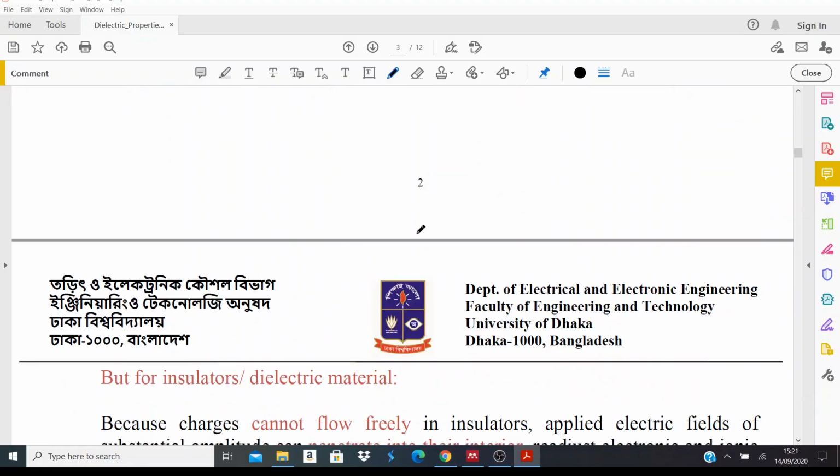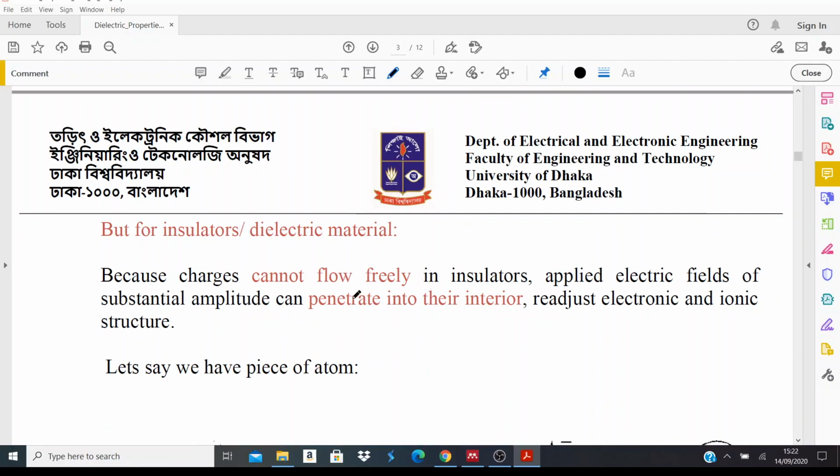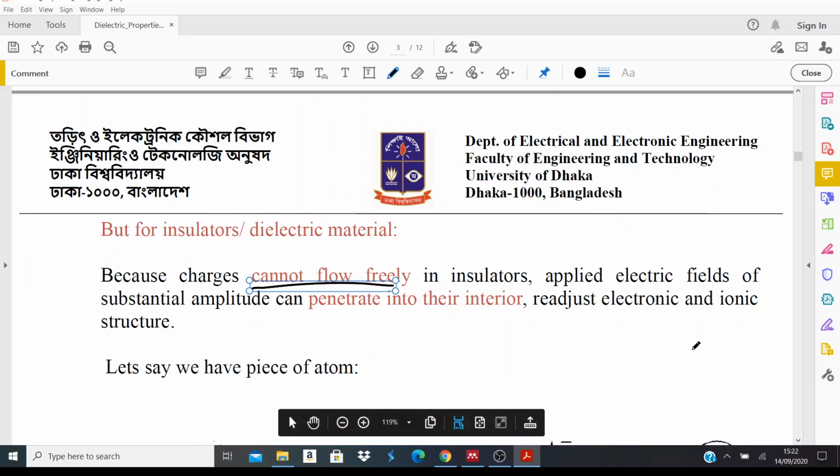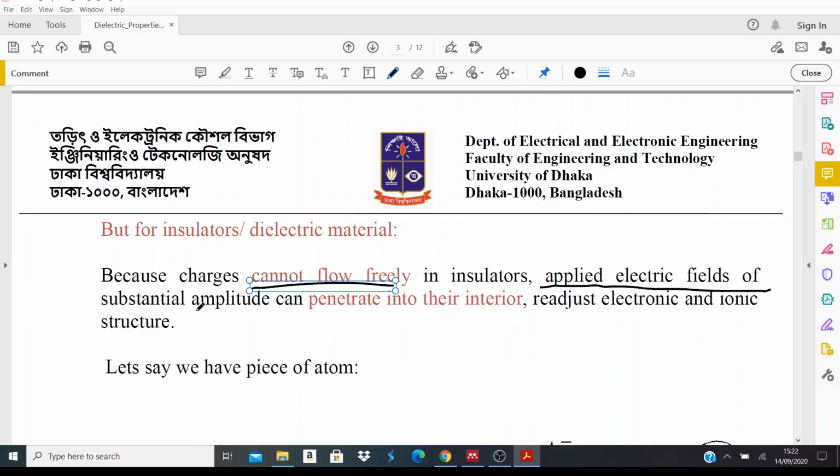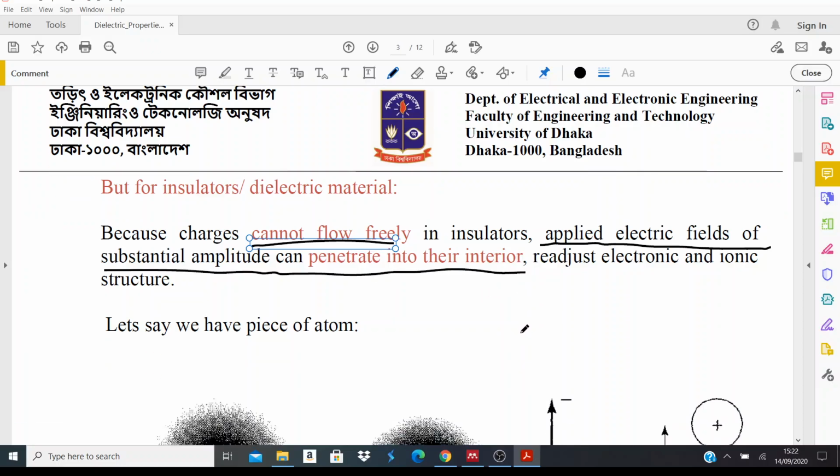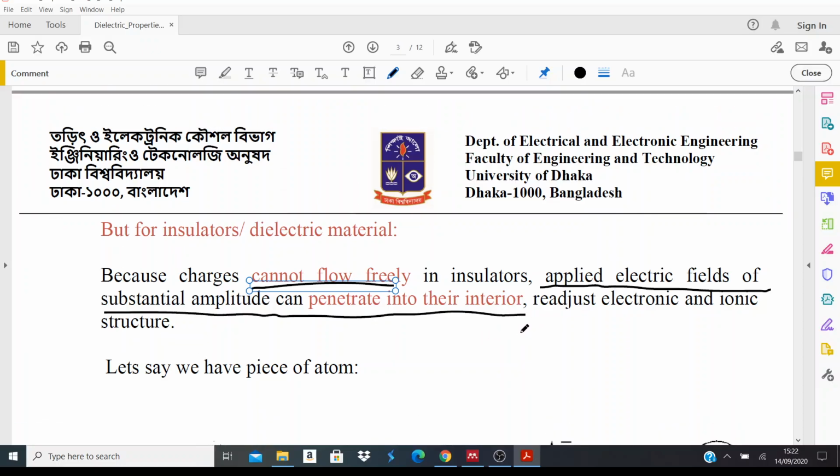But the distinction is that for an insulator, charges cannot flow, right? If we apply some electric field, there are no free electrons, so they cannot really flow, and that's why they cannot cancel the electric field applied externally. So the electric fields will penetrate into the insulator, right? And that's the fundamental difference between an insulator and a metal,